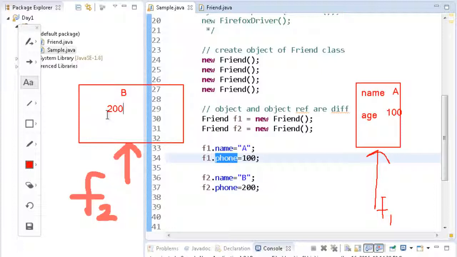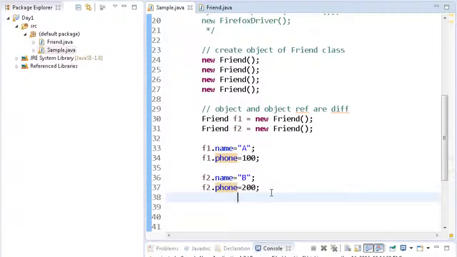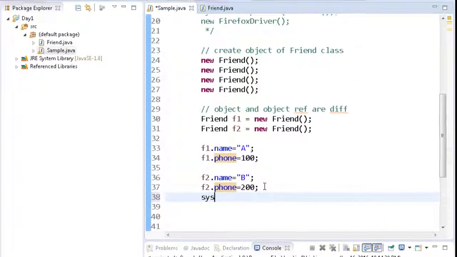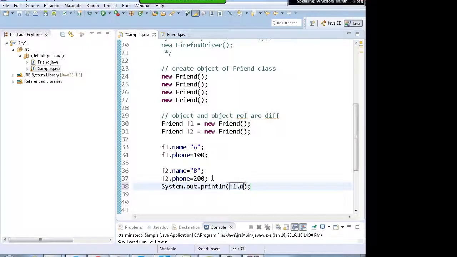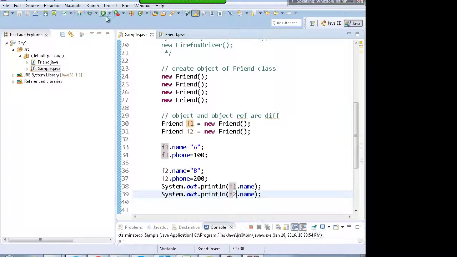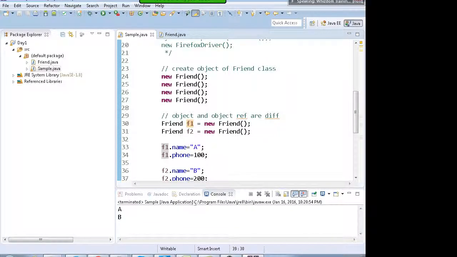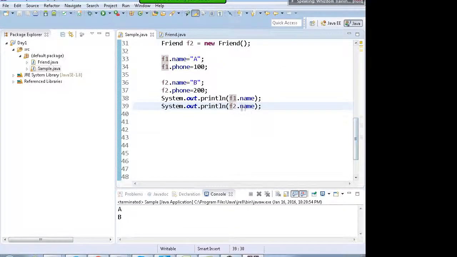Objects are there in the memory, they will never move. References can move. If I write system.out.println f1.name and f2.name, it will print the name of f1 and f2. f1 is a and f2 is b.